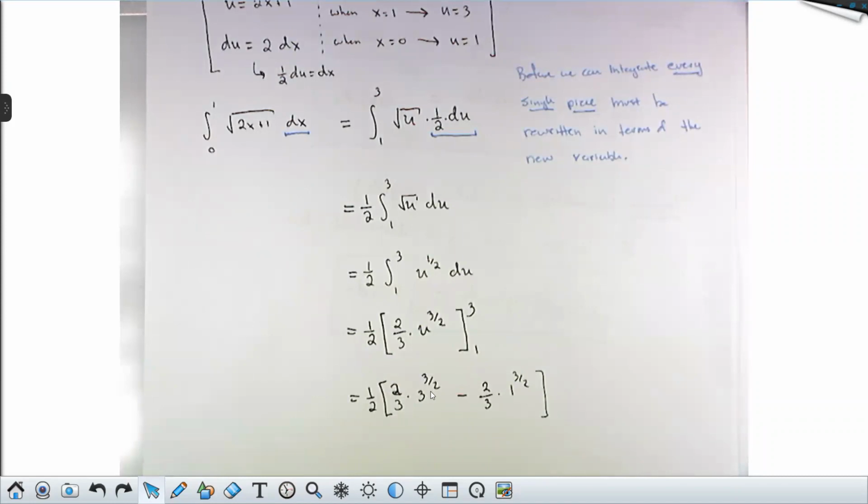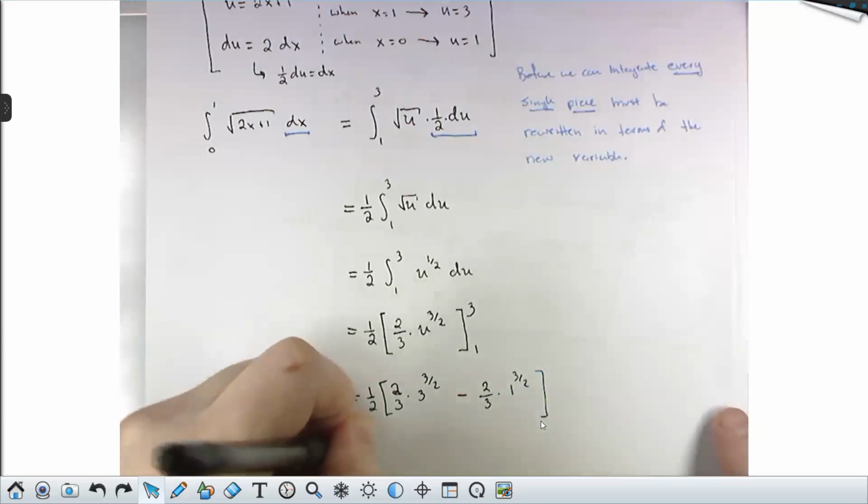It's the square root of 3 all cubed. Or if you like, it's the square root of 27. But not a nice number. This, however, is a nice number. This is the square root of 1 cubed. So the square root of 1 is 1, 1 cubed is 1. So this whole piece right here is 2/3 times 1. So you get 1/2